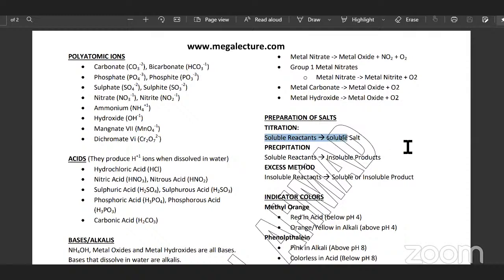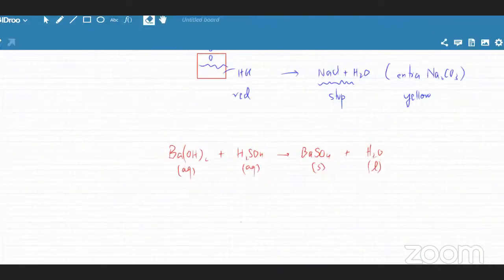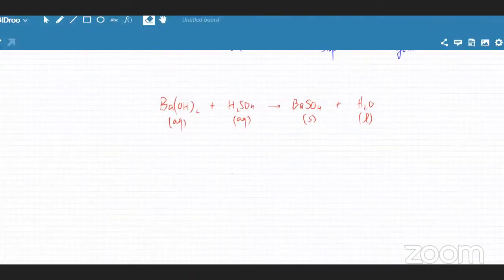टाइट्रेशन कब यूज करनी है? जब सारे सॉल्युबल हो इक्वेशन में। आयनिक प्रेसिपिटेशन कब यूज करनी है? जब रिएक्टेंट सॉल्युबल हो और प्रोडक्ट जो है वो इनसॉल्युबल हो, यानी सॉल्ट इनसॉल्युबल हो। और एक्सेस मेथड कब यूज करना है? जब रिएक्टेंट इनसॉल्युबल हो और सॉल्ट जो है वो सॉल्युबल हो। ये वैसे गलत लिखा हुआ है, इसको करेक्ट करना है। ये नोट कर लेना, ये वाला पार्ट गलत है। बस ये सॉल्युबल होना मस्ट है, ठीक है।